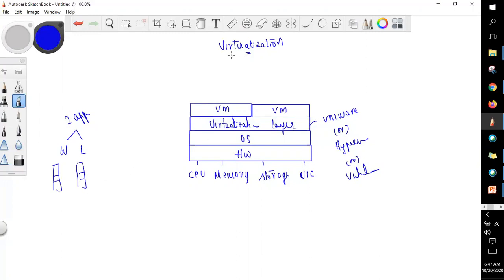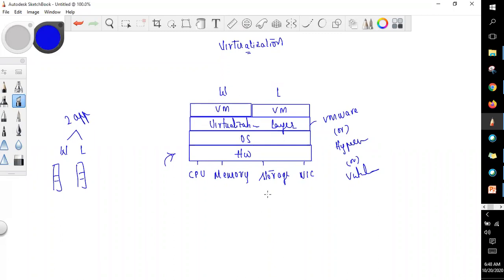But with virtualization, we can get one good hardware, good in terms of processor, storage, memory and all, and then virtualize it and create multiple virtual machines, maybe two here, one Windows and one Linux. These virtual machines will logically share the hardware components. That is the reason we call it a virtual machine, not a physical one, because they logically share the hardware components.